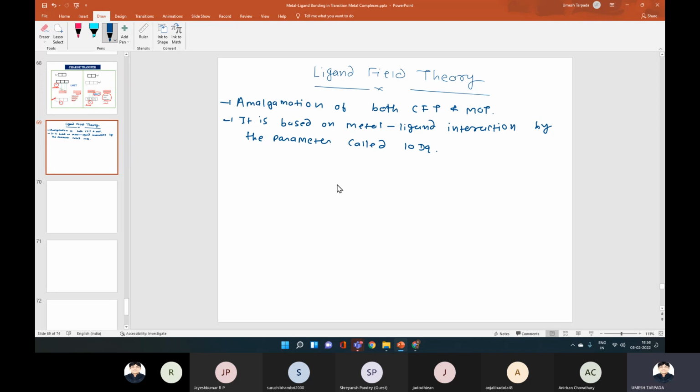So it is a very sophisticated way of explaining what we explained in CFT. Ultimately it is an interaction between metal and ligands on the basis of calculation of 10 Dq, and the most useful theoretical treatment for interpretation of especially visible spectra of metal complexes,